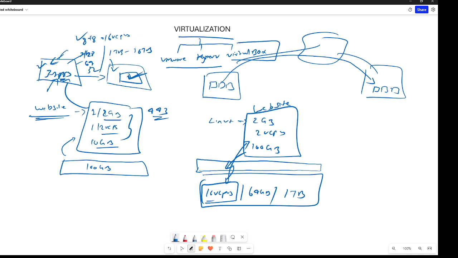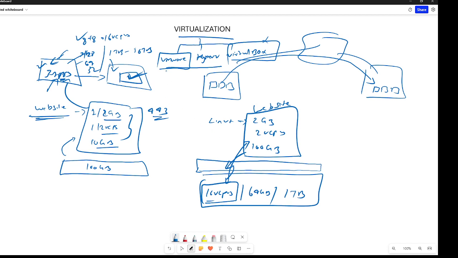But VirtualBox is mainly for testing and development purposes. After VMware came in, far fewer people are using VirtualBox. Everyone now prefers VMware.